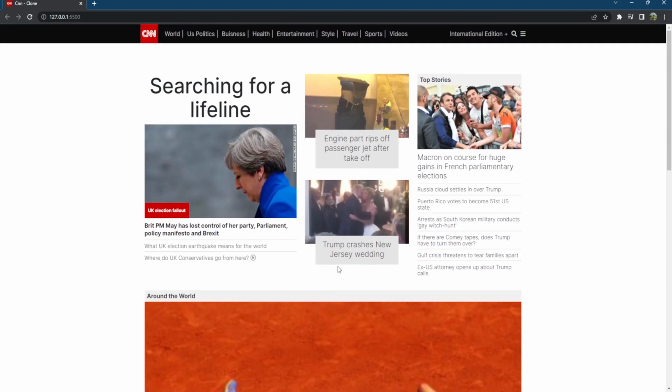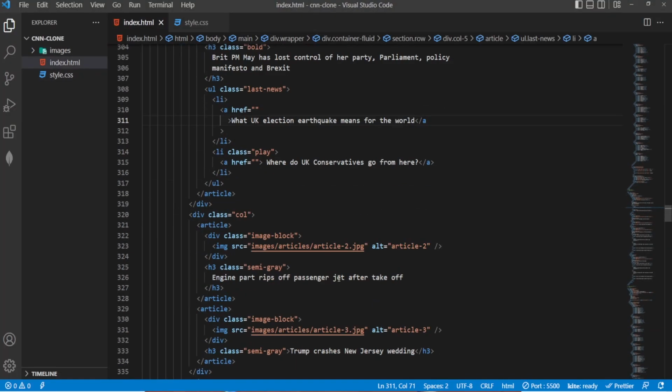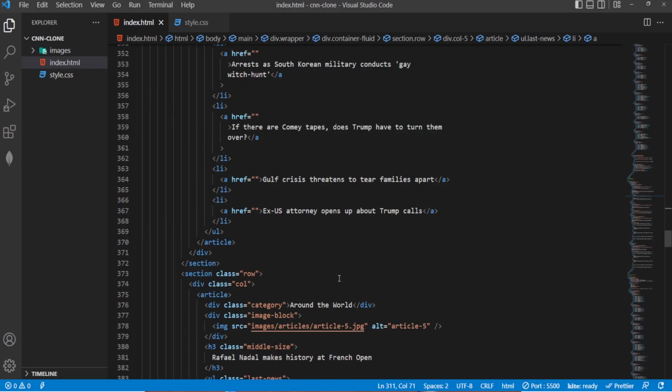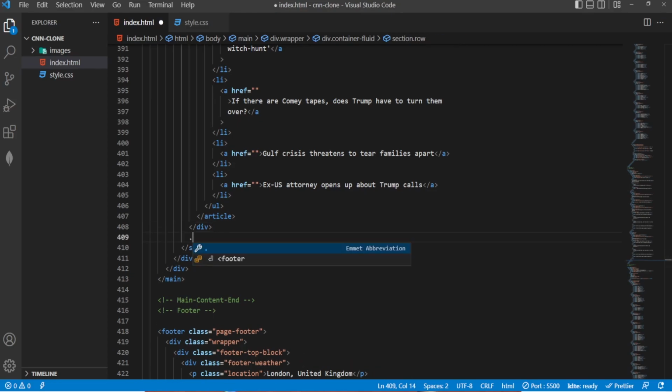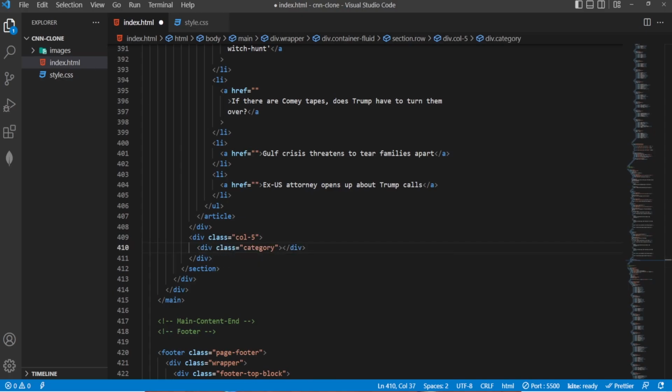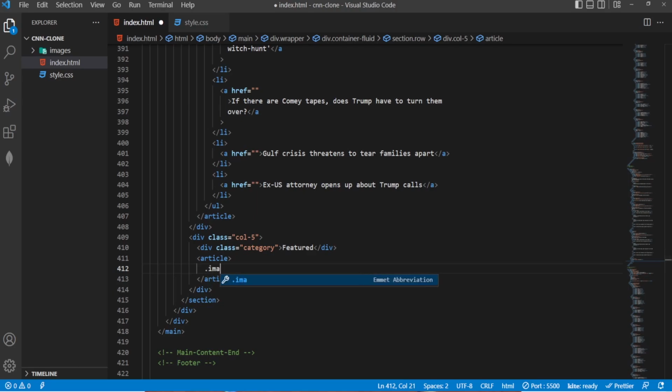Now we have to add more HTML. So let's open the file. So now in here add a div with a col5 class, and in between add a div with a class category, and type here featured. Now open an article tag, and inside that add a div with a class image block,